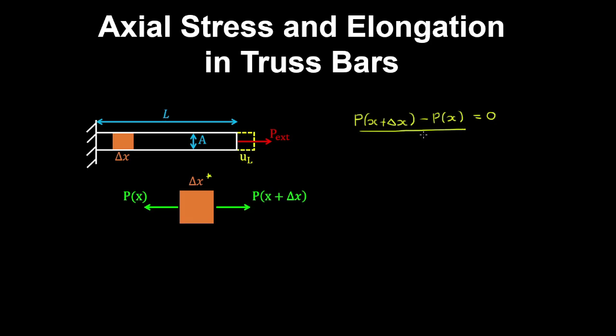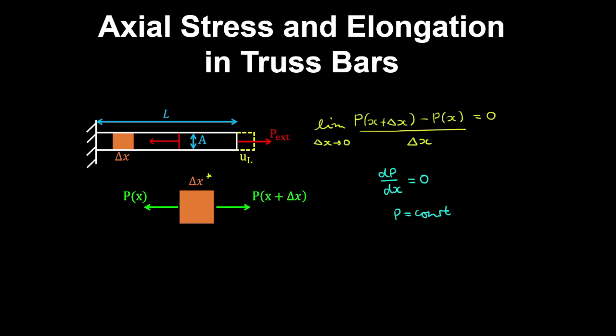And if you divide this through by delta x and take the limit as delta x goes to 0, then this is the definition of the derivative of P with respect to x, and that's 0. So this means that P is constant throughout the entire bar. And this can be seen by a horizontal equilibrium of forces. So wherever you cut this bar, the force in the bar is going to be equal in magnitude to the